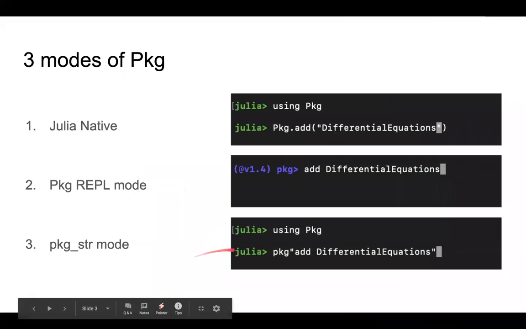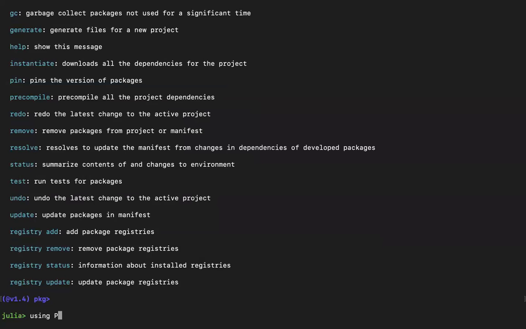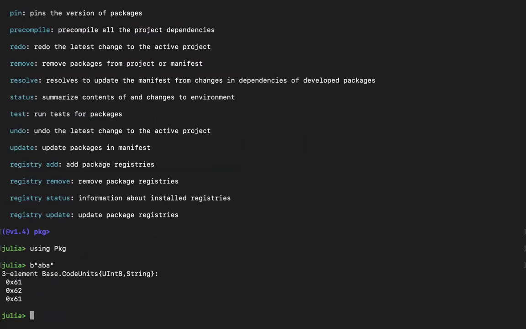The third, which is not very known to everyone, is this PKG string mode. In Python, for declaring a string as bytes, you write b, so this gets converted to bytes instead of just a normal string. This b is called a macro.